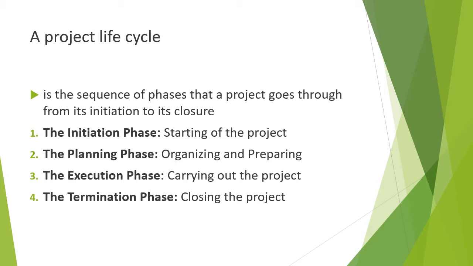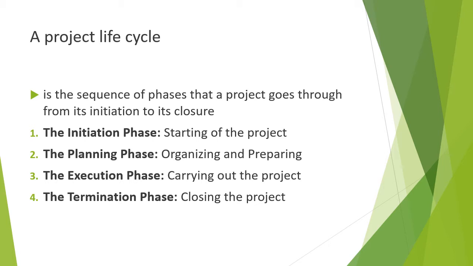A project life cycle is a sequence of phases that a project goes through from its initiation to its closure. There are 4 phases of project lifecycle models. This is a standard one for every kind of project, but each different type of project will have a different version of these 4